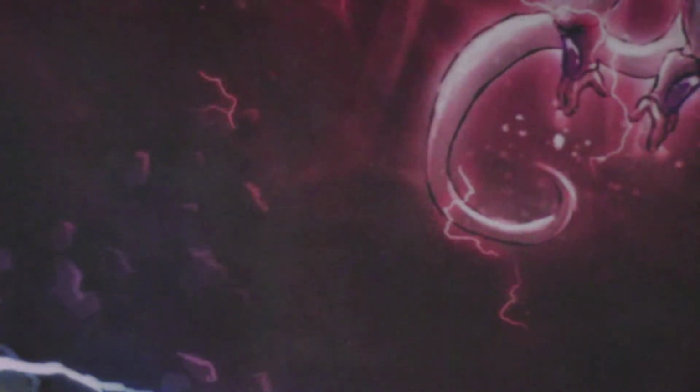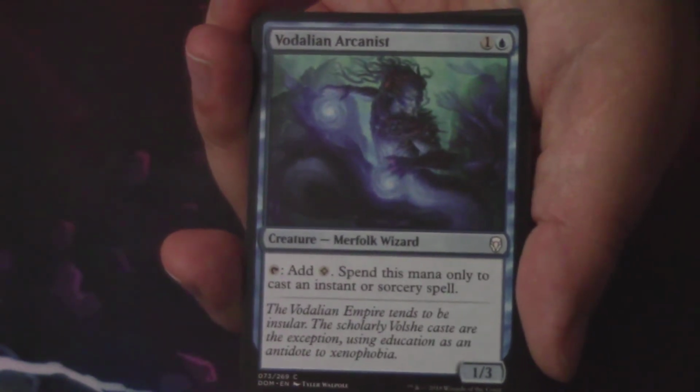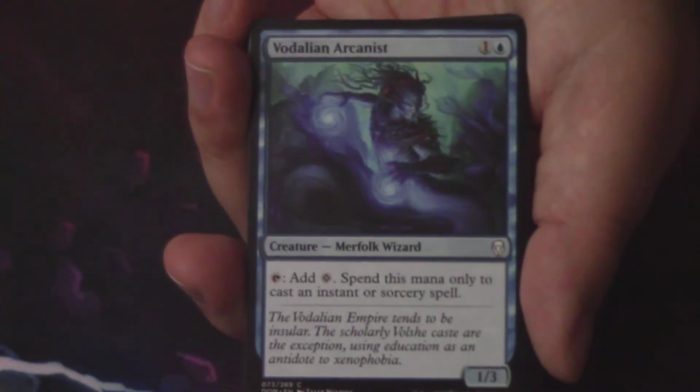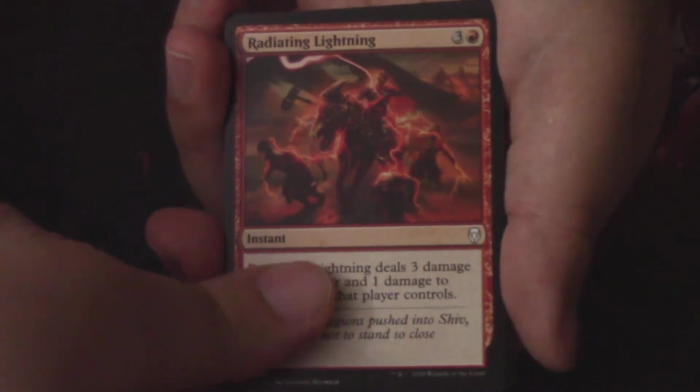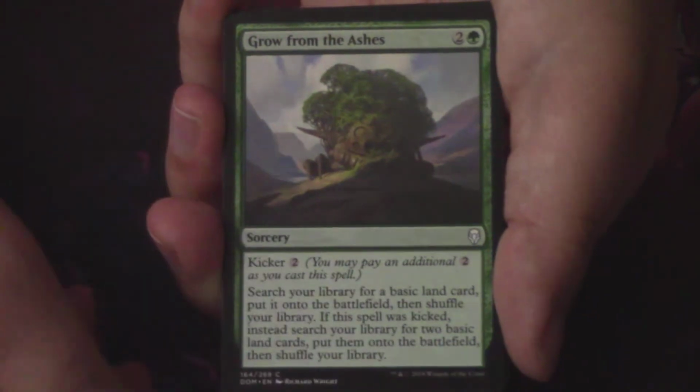Onto a Tarkir pack. Still no value yet, but in the deck, I mean, we've got some sweet stuff and not necessarily a particular direction yet, which is not a bad thing. Staying open is a thing in draft, but heck, if you're opening packs one by one like this, it can be a thing in sealed too. We have a Vedalken Arcanist, a Radiating Lightning, Deathbloom Thallid Trapper, Syncopate, Divest, cool art on that card, Grow from the Ashes,